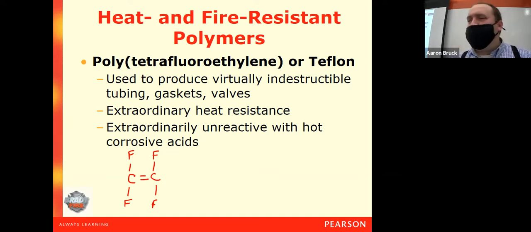it is quite heat resistant. And it is quite corrosive resistant. So I can put acid on top of Teflon, really doesn't phase it. I can heat Teflon like crazy, really doesn't phase it. Teflon is used in a number of different applications along these lines. For plumbing, for example,